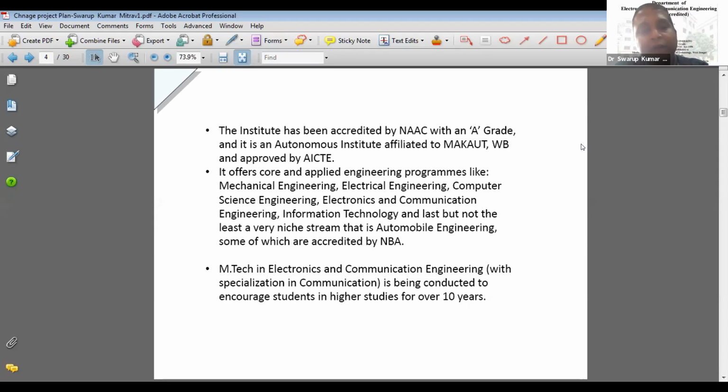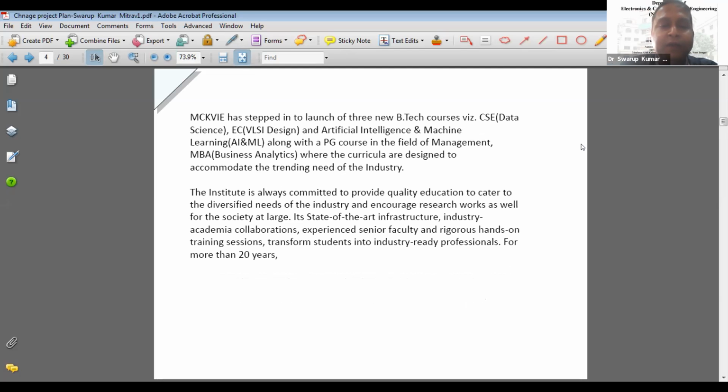We have a good placement already in the 21 batch. We have a good academic placement, mostly in software, and a few are in core companies. From the electronics department, the students are being placed in Cadence as well as Open5. These are the very few companies where most of the students get placed in the VLSI domain. With that bent of mind, we have opened a BTech in VLSI design. Also in the IT department, we have opened 2 branches, artificial intelligence and machine learning. And we have an MBA in business analytics.